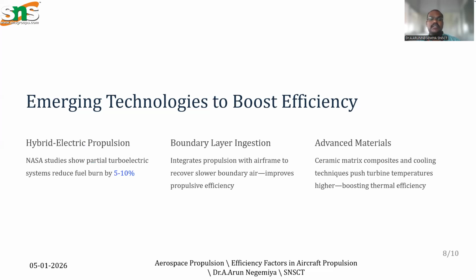And next one is boundary layer ingestion. In boundary layer ingestion, it can reduce the interaction between the two boundary layers. And the last one is advanced material usage. Here they have used high temperature materials, ceramic and metal matrix materials. These materials can be used to reduce the formation of overheating in the turbine